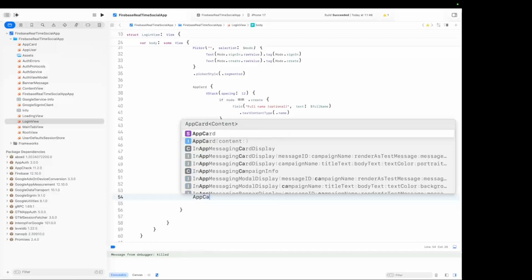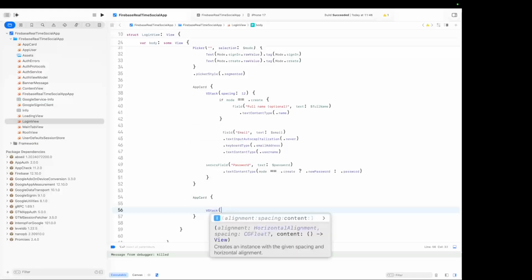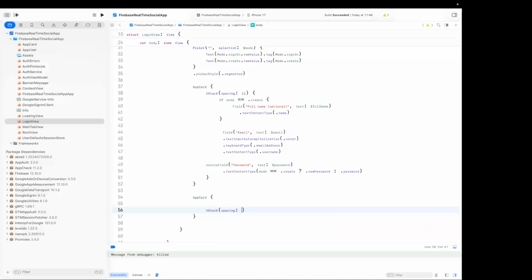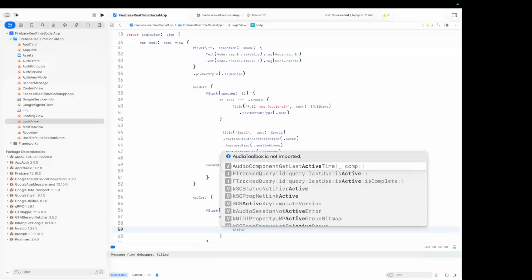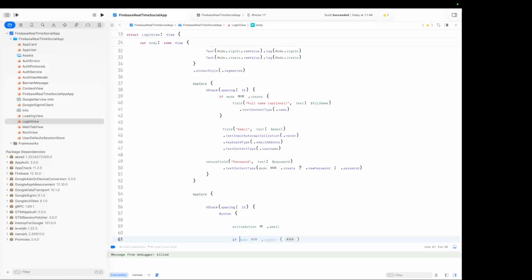So we need to call our app card. We need to add a VStack, spacing 12, with a button, active action equals dot email. If mode is equal to sign in,